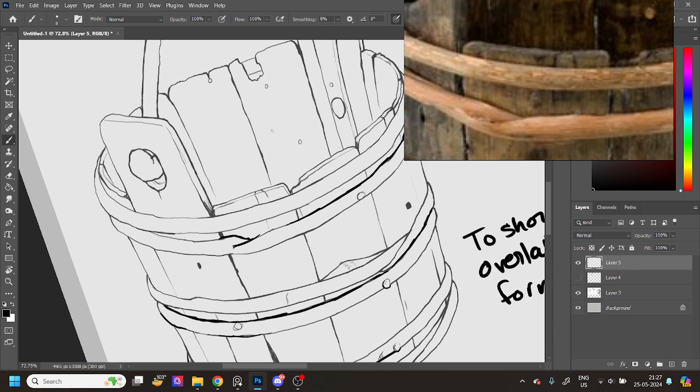So yeah, there's an overlap here, which is going all the way, and it is also in a way affecting the silhouette. So what we do is,